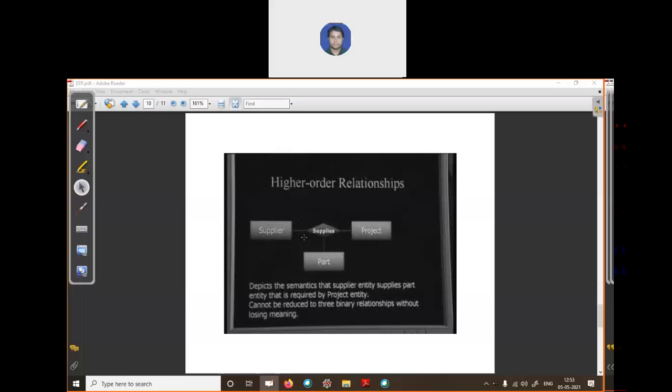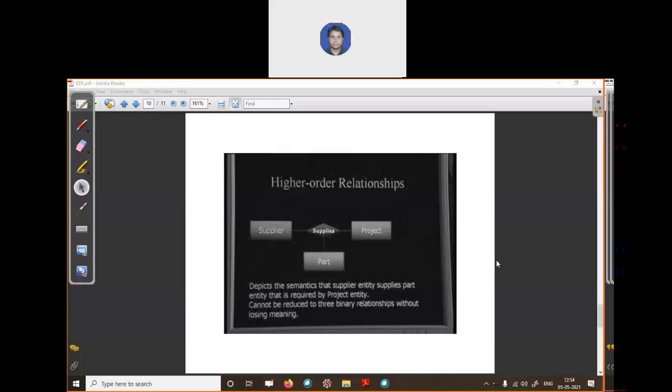Can you write any cardinality ratio for this relationship? And what are the cardinality ratios for this relationship? Unmute your mic and speak, please. Please speak. What is the cardinality of this relationship?